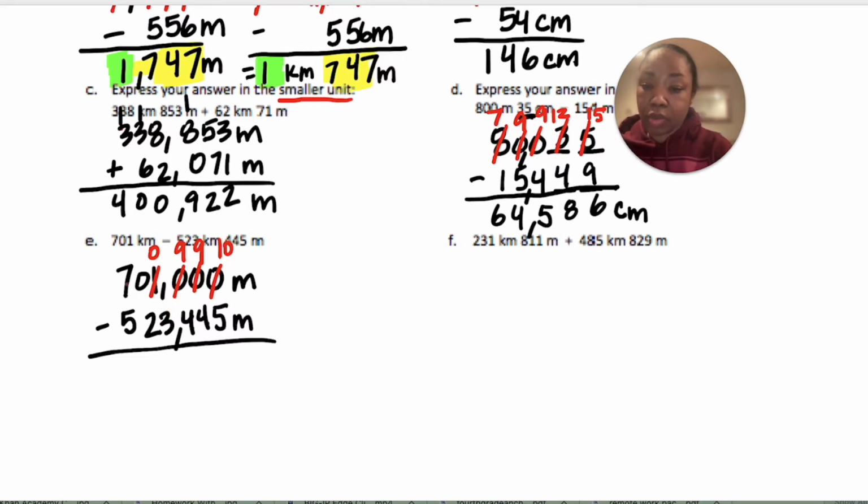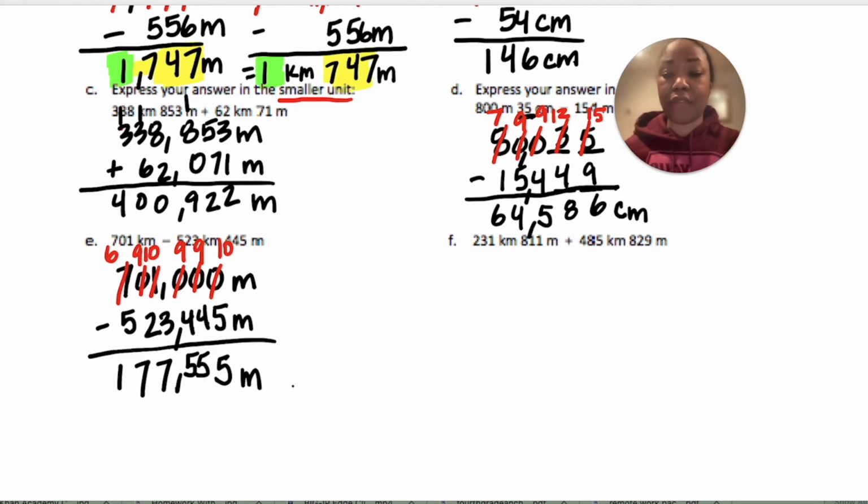Can't do 0 minus 3. So I'm going to take from the 7 because I can't take from the 0. That becomes 6. This becomes 10 and then 9. And then this one becomes 10. 10 minus 5 is 5. 9 minus 4 is 5. And another 9 minus 4. 10 minus 3 is 7. 9 minus 2 is 7. 6 minus 5 is 1. 177,555 meters. All right, and for F, we are doing